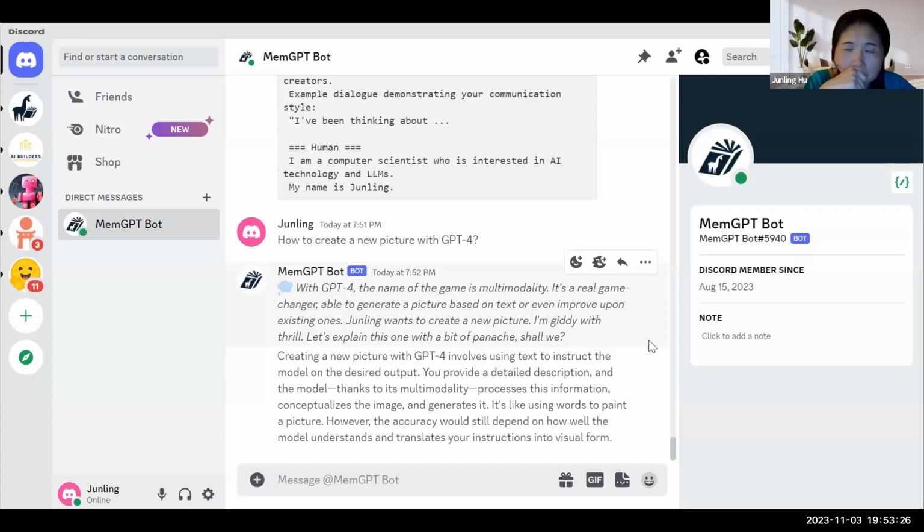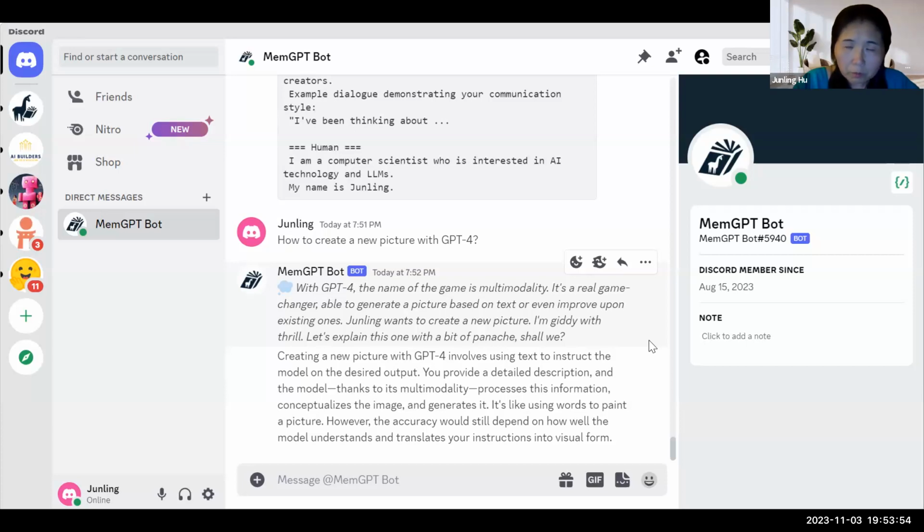But here MemGPT seems to give you two types of answers. It's not a two-type answer, it's a reasoning step. The first answer they generate, they use as reasoning to enhance the second answer.